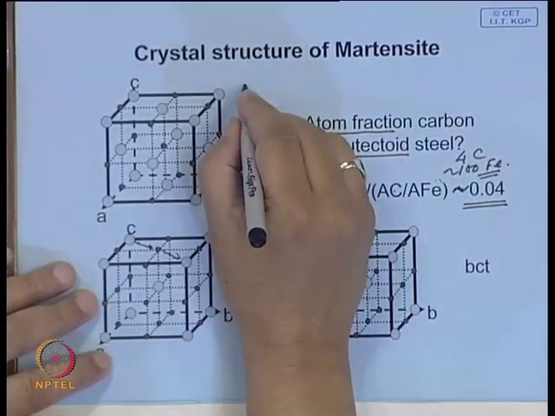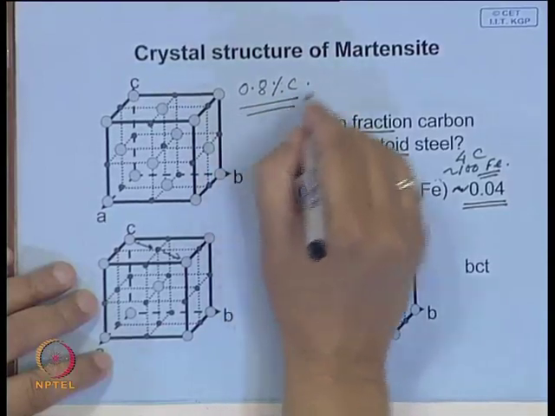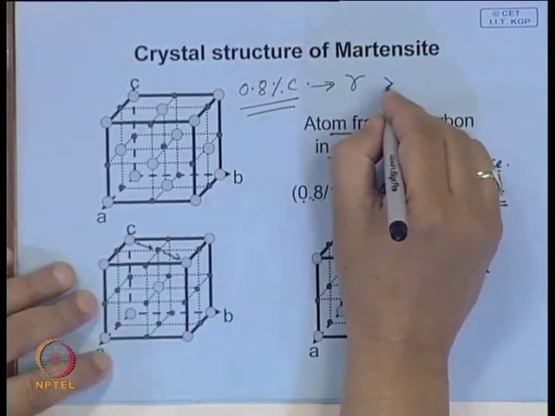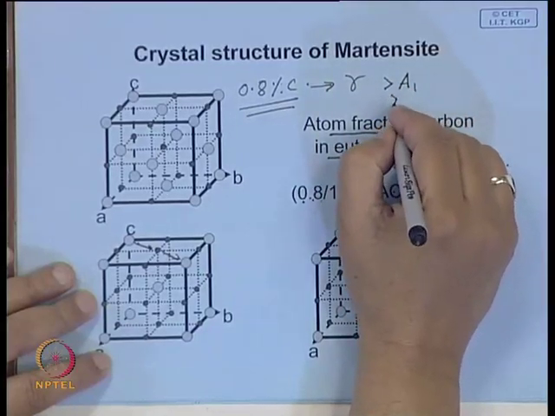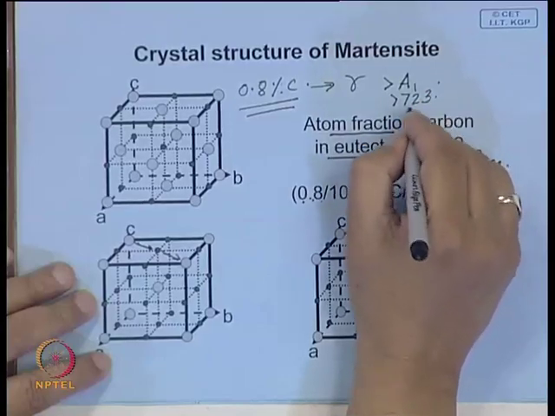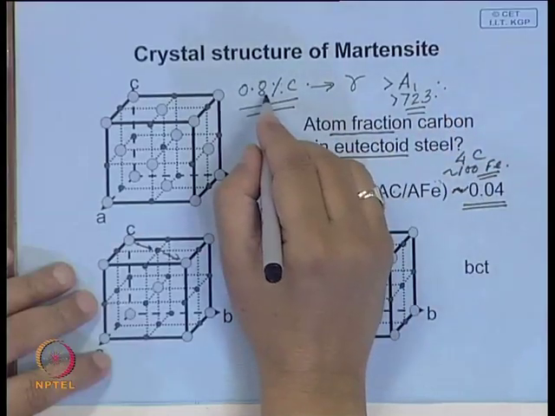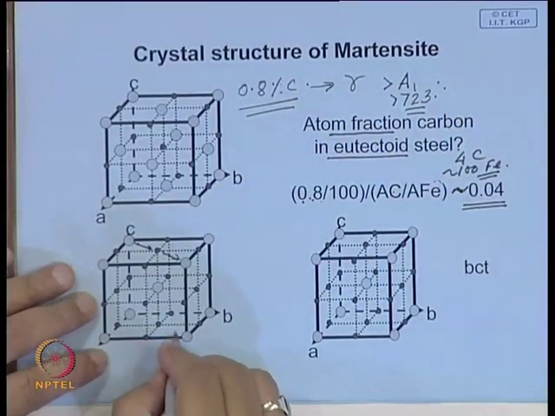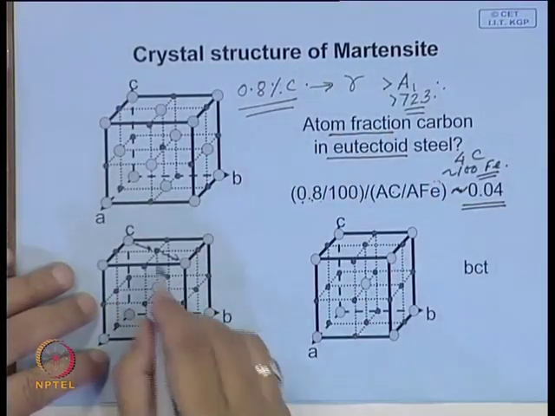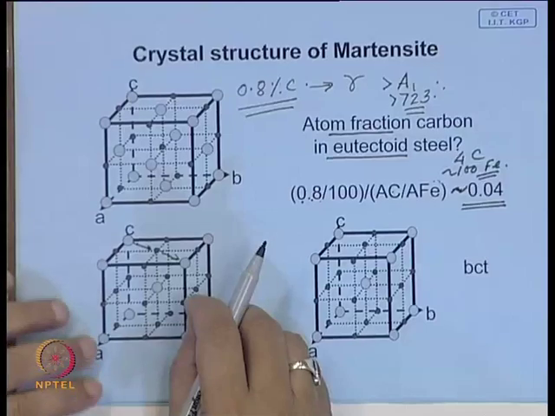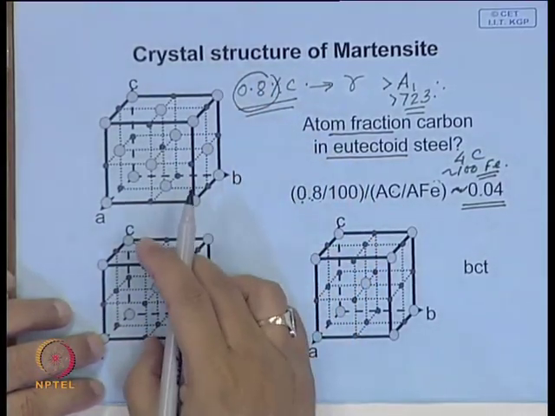So, 0.8% carbon is fully soluble in austenite, that is if the temperature is greater than A1, that is 723 degree centigrade. Now, imagine you have heated this, you have 0.8% carbon. Here also you have plenty of sites, much more than what you have here, but these sites are smaller. And you are trying to keep so many carbon atoms by force,